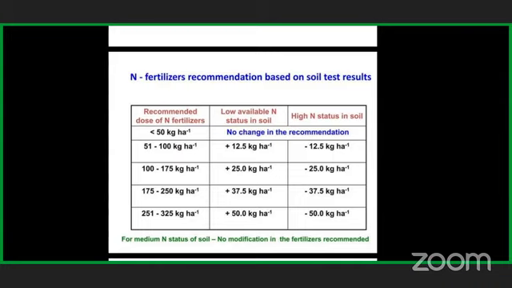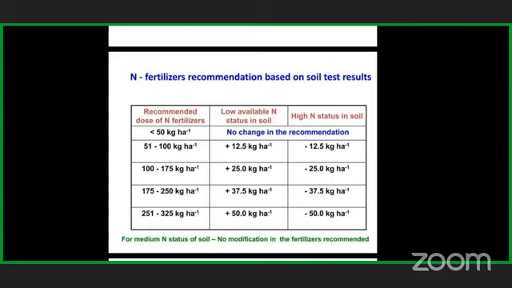One very important thing to understand is that whether our soil is high or medium in nutrient status, it doesn't mean that we should not apply fertilizer. At that time also we need to apply fertilizer, because after the uptake of a particular nutrient, our soil again becomes deficient. So to protect our soil from becoming deficient, we must apply a certain amount of fertilizer. Even if the soil has a high percentage of nutrient, it doesn't mean that we should not apply the particular fertilizer dose.